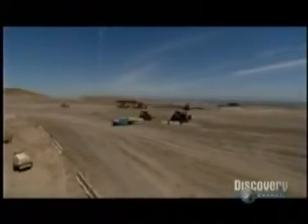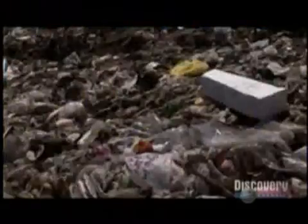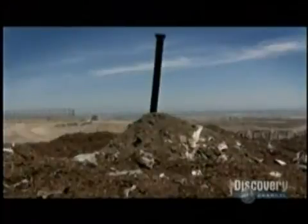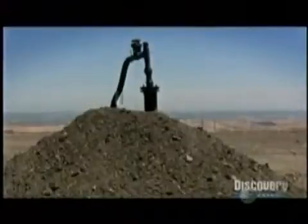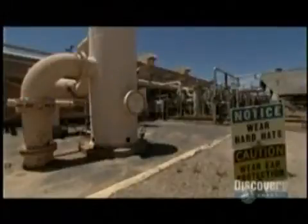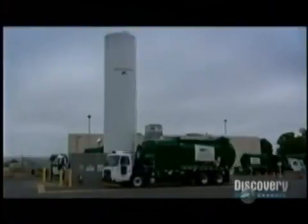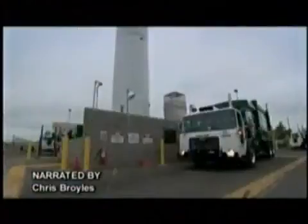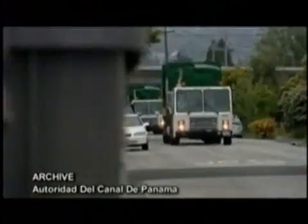But that's not quite the end of the story, because even this buried waste is put to good use. As the rubbish rots, it gives off valuable methane gas, which is harvested by these wells, which are scattered across the site. The methane extracted feeds a gas turbine, which produces enough electricity to power over 6,500 homes. What's more, there is also a pilot project to turn some of the methane into liquid natural gas, which will eventually fuel the city's fleet of refuse trucks. So next time you leave your bins outside of the house,